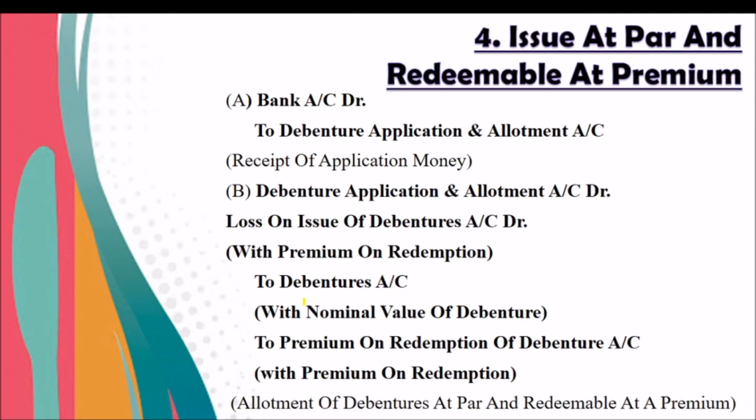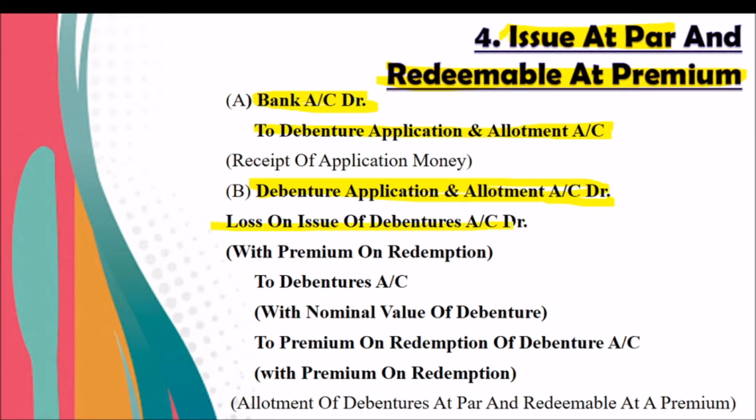And fourth case, issued at par and redeemable at premium. The debenture is issued at par and it is redeemable at premium. So the first entry will be bank account debit to debenture application and allotment. Then debenture application and allotment account debit,